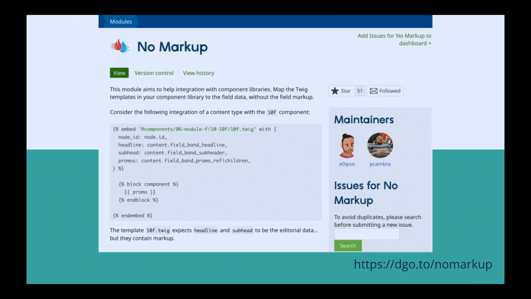You're not adding markup, which sometimes gets rendered as not markup. It actually gets rendered as plain text. So you have to be careful with that. Go to No Markup and it will actually take it out for you. And then you can actually just use the content variable that's passed in all your templates already and just pass them straight through it into there. I usually embed my markup, the content field, into my things just because it's already there. Why pass it again?